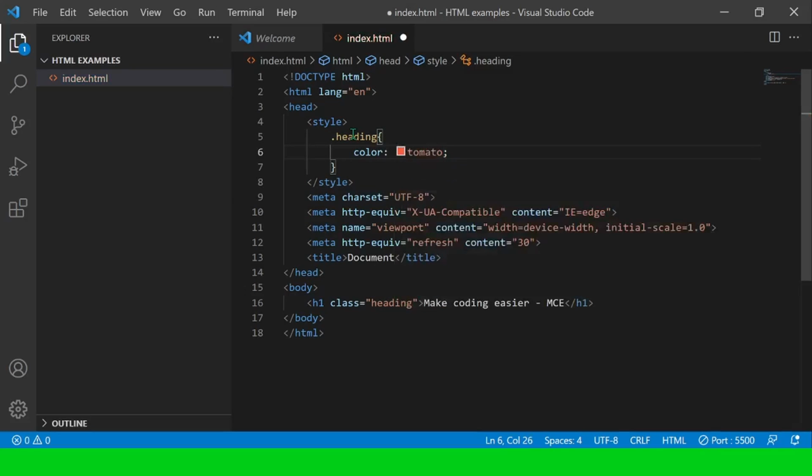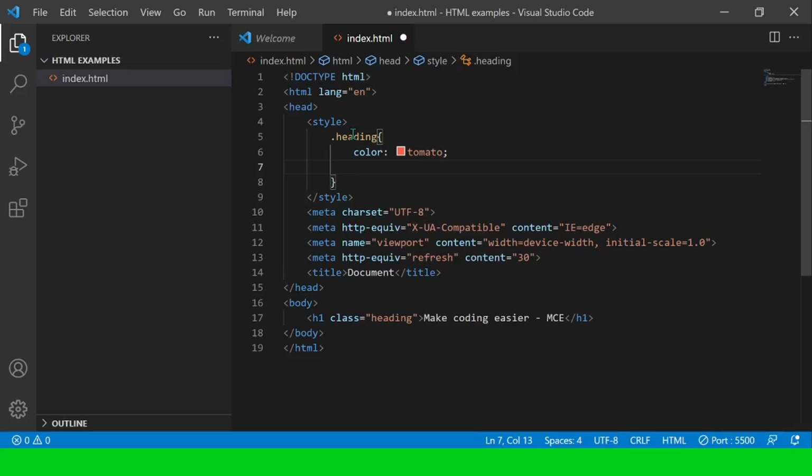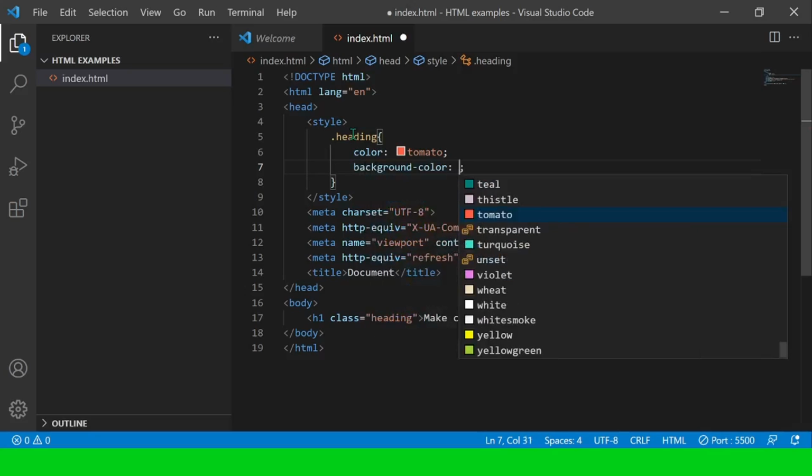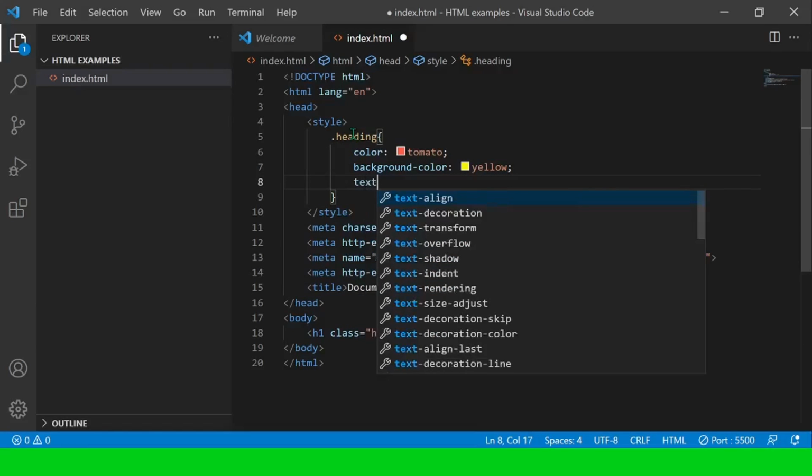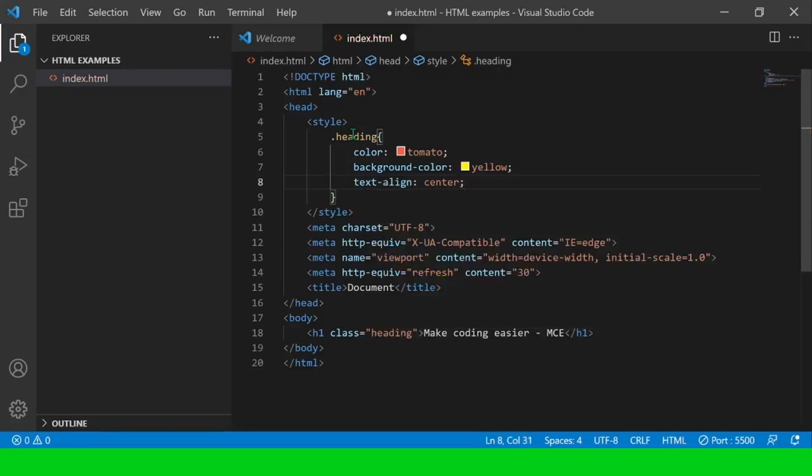Tomato is a name which is accepted by HTML. We'll learn this in the upcoming videos. Then my background color should be yellow. Then my text align should be center.